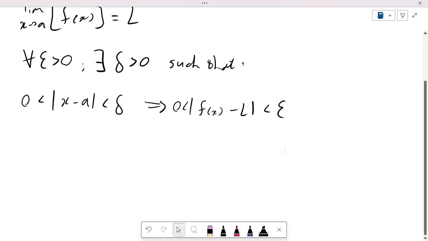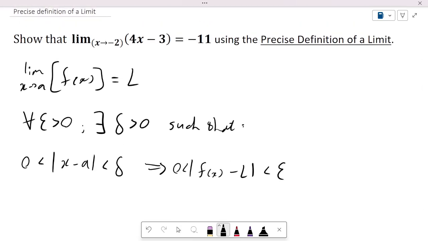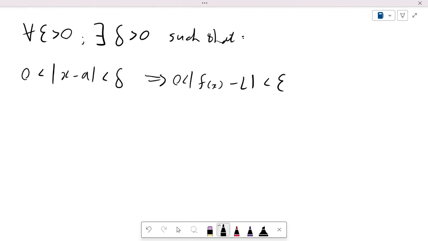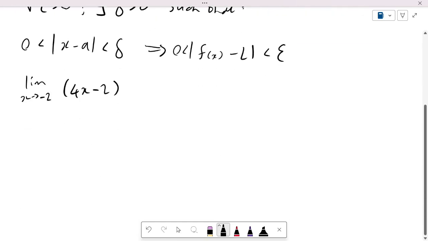Now obviously we need to link this question to our definition so that we can answer it. So what are we going to do now? We are given that the limit as x approaches negative 2 of 4x minus 3 is equal to